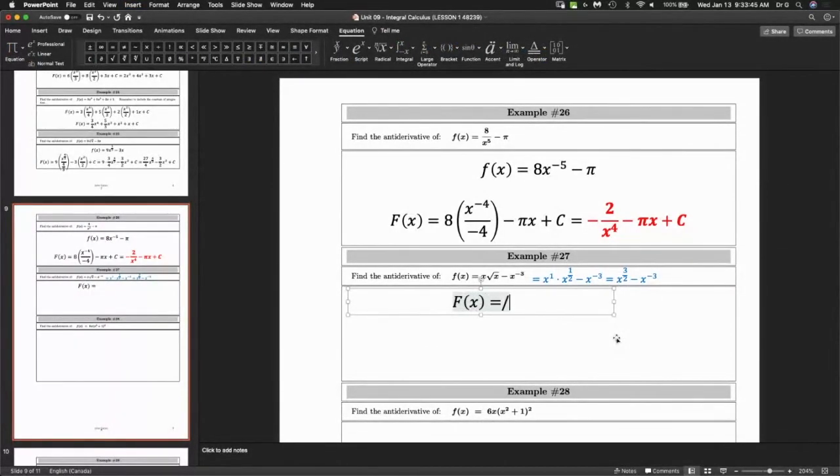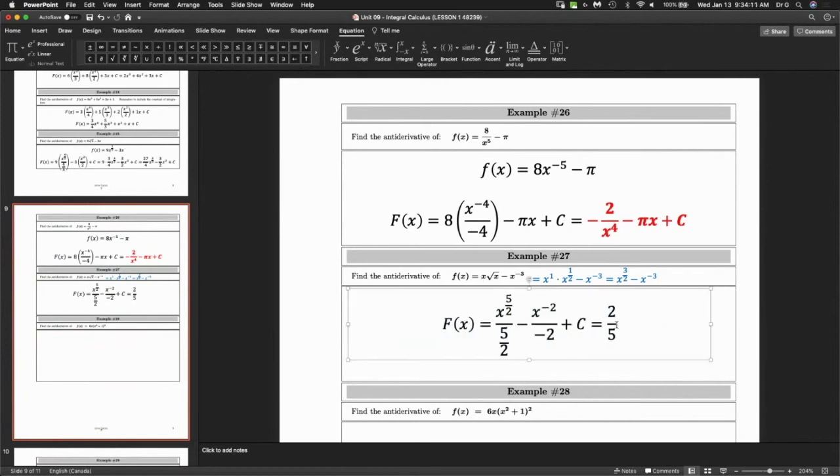So that's going to be x to the 5/2 over 5/2 minus x to the -2 over -2 plus c. Remember, you're adding 1. -3 plus 1 is -2. So that's 2/5